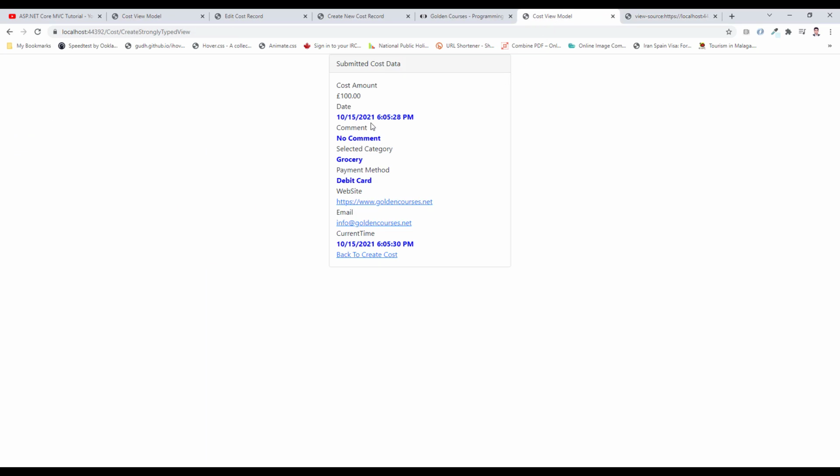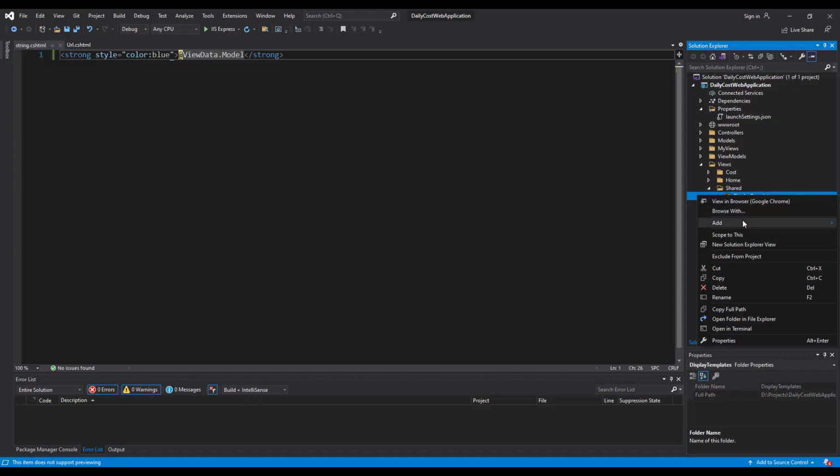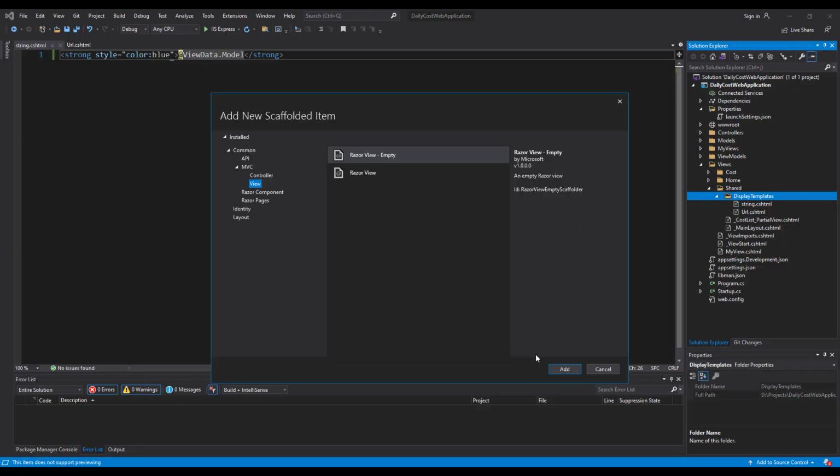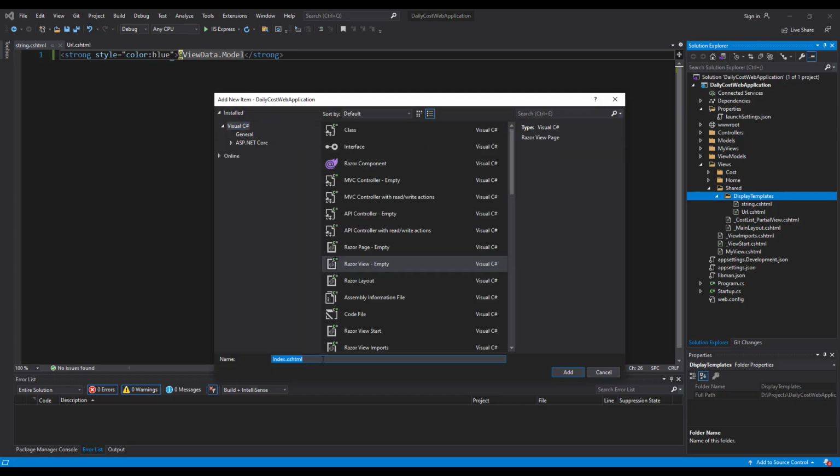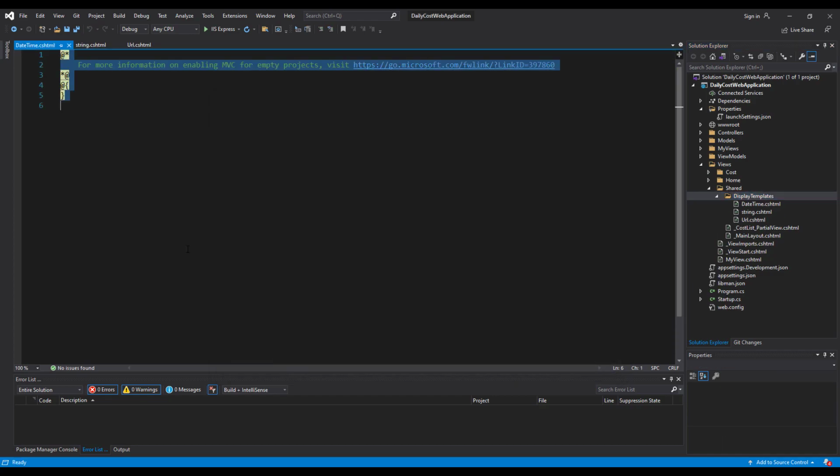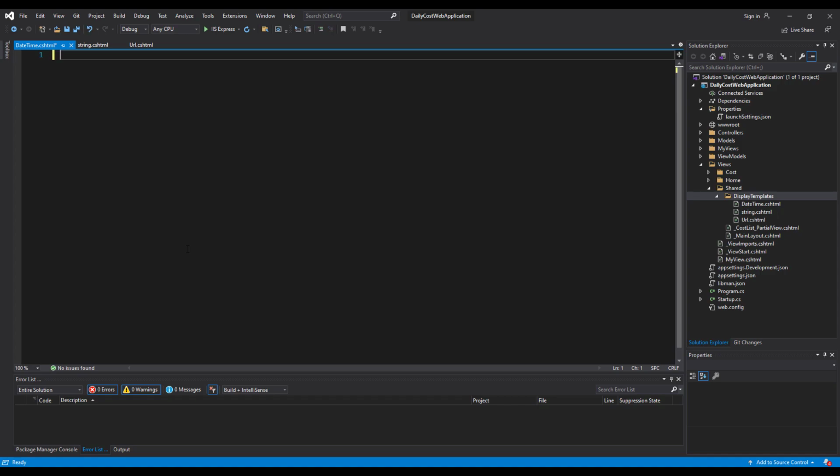Another change that I want to make inside this one, I want to change the format of this date and display this date with day, month, and year, and I want to delete this part which displays time. For this purpose, again I switch to Visual Studio and create another view file with the name of DateTime, and I delete the auto-generated code, and here I use the model directive, and I bind this model directive to DateTime,